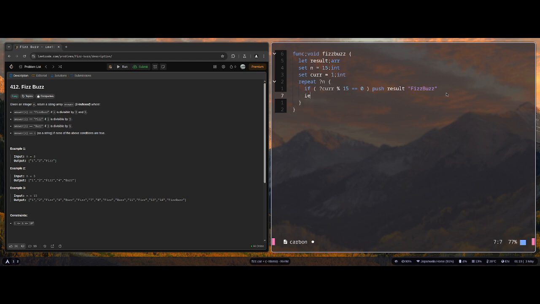And then if else the current number is divisible by 5, we will push to the result Buzz. If else the current number is divisible by 3, we will push Fizz. And then finally, if a number is not divisible by anything, then we will push